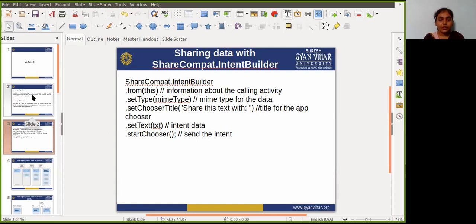An intent filter may contain elements which correspond to the fields in the intent object. There are mainly three elements used inside the intent filter: the first is action, the second is data, and the third is category.